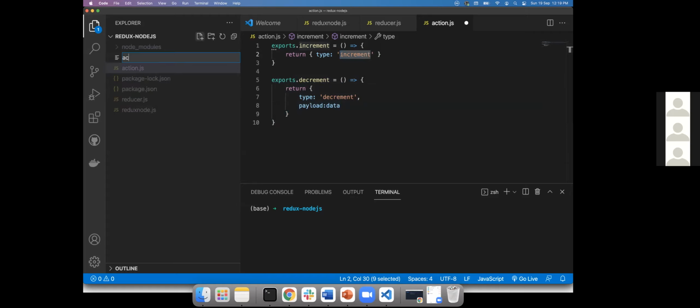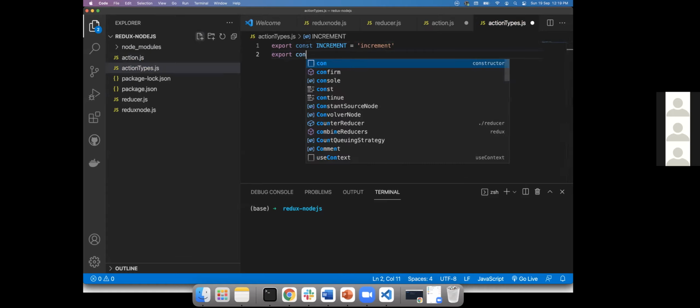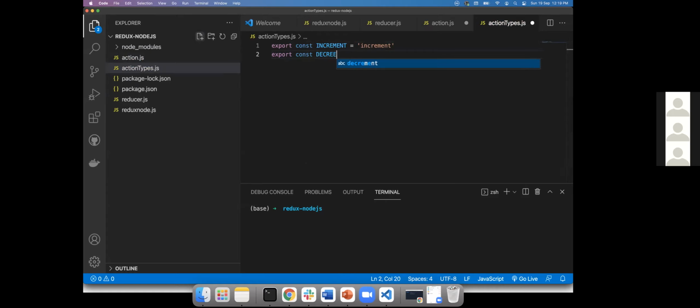Here we are writing the increment keyword. Instead, we'll create a file called actionTypes.js, where we export const increment and export const decrement. You will see this in all React projects. This is just to avoid human error, because you write the same thing inside your reducer and dispatch it in multiple components.